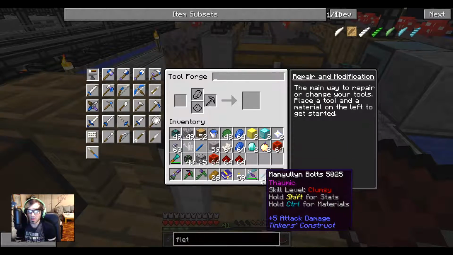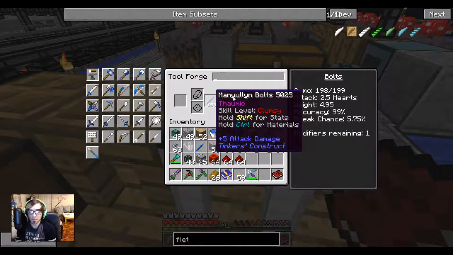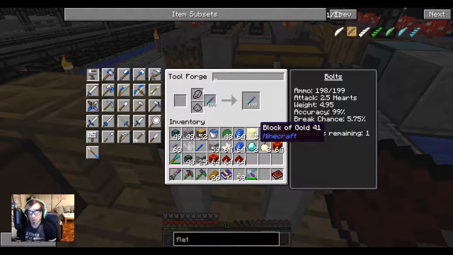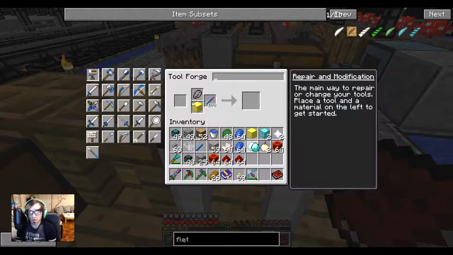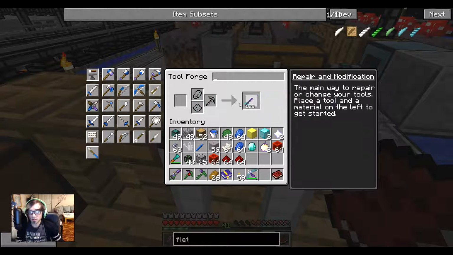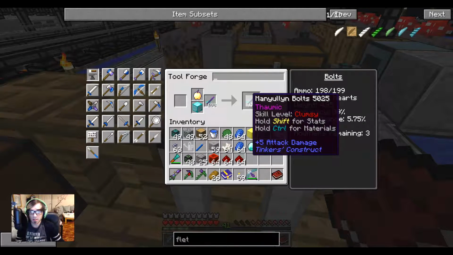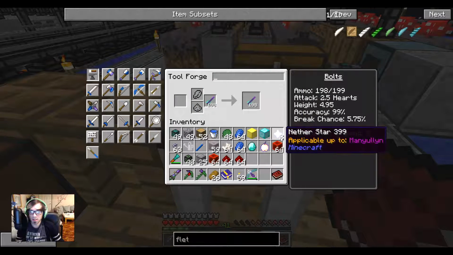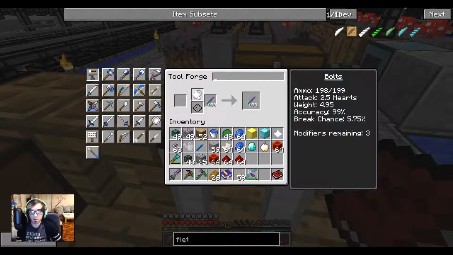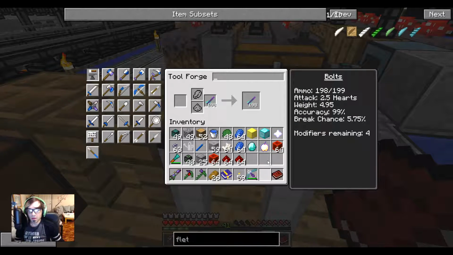Okay, so I believe I have now what I want to upgrade these. So first we're going to go upgrade the arrow bolts. So we're going to take one of those, and that will now give it 2 modifiers. Then we're going with that, and it should have 3. And giving it another star. And 4. Okay, so the first thing I really want on arrows, the most important thing ever at all, is